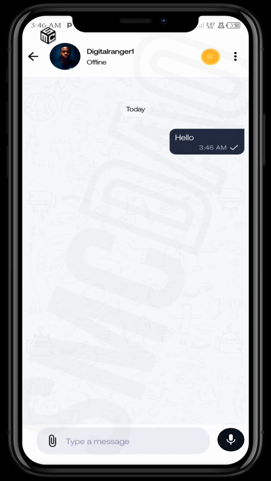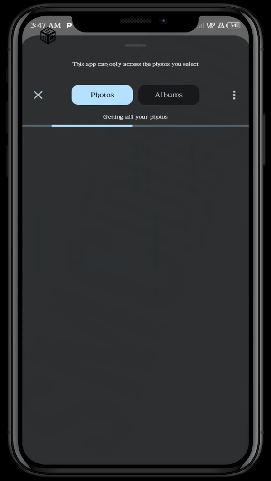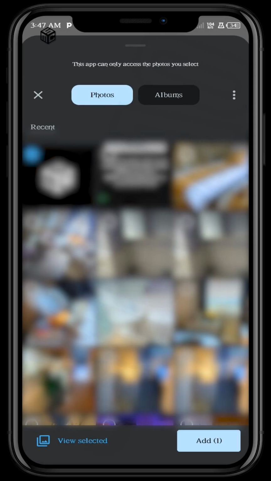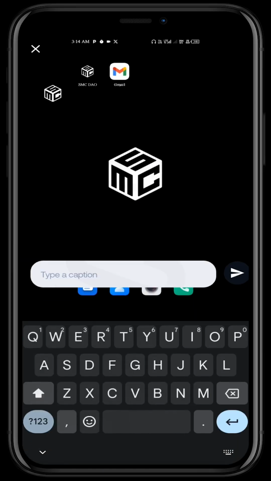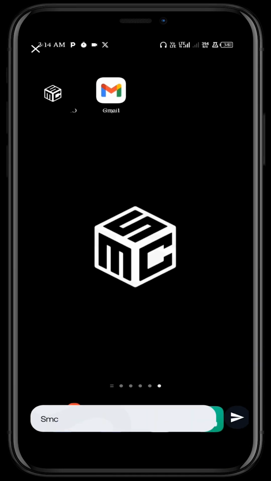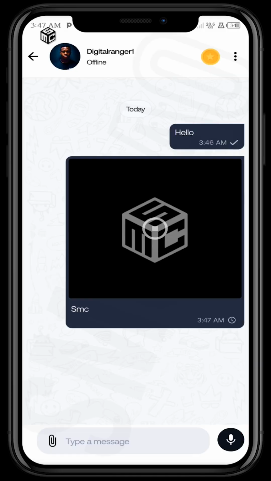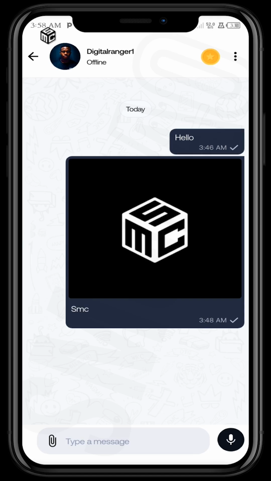Alright guys, is that easy? I can also send an attachment like a picture or a video. So just select the pin icon, and then depending on what you want to send, I'll send a picture. Select gallery, select that which you want to send, and then select add. You can add a caption to what you're sending, and then select send. Whoa, amazing. So we've sent that over. You can also send voice notes by selecting the mic